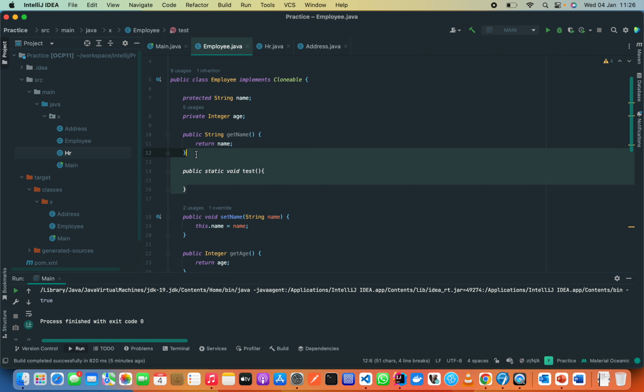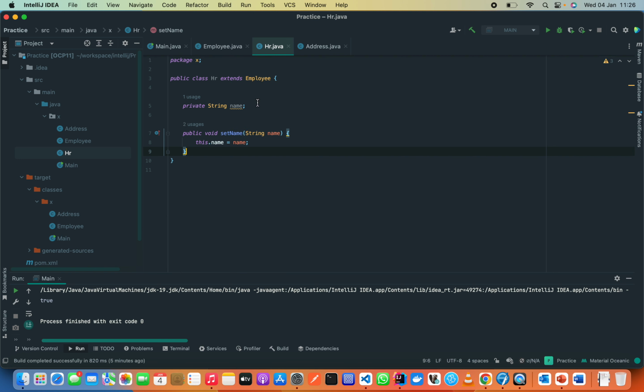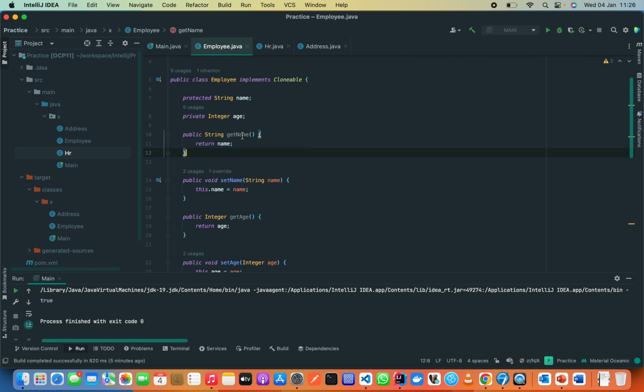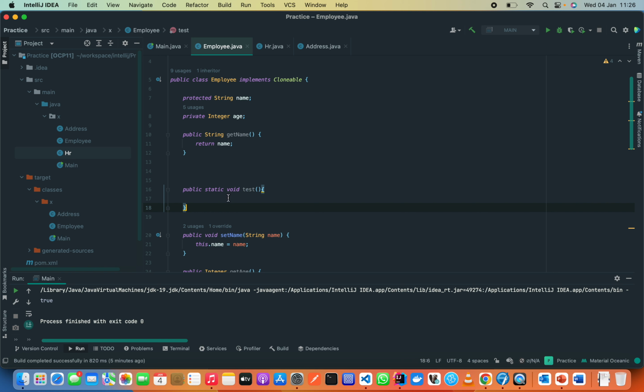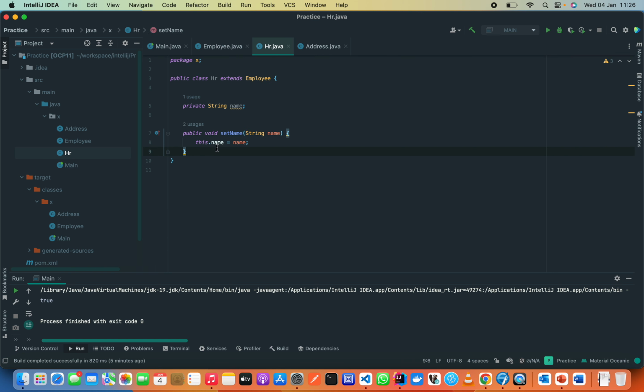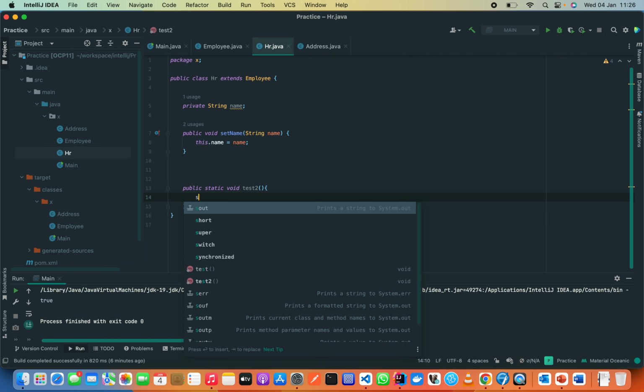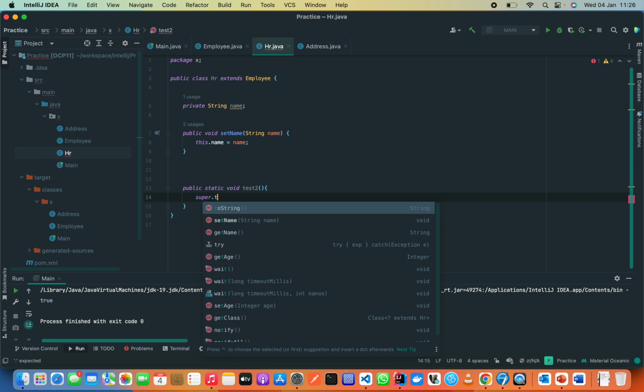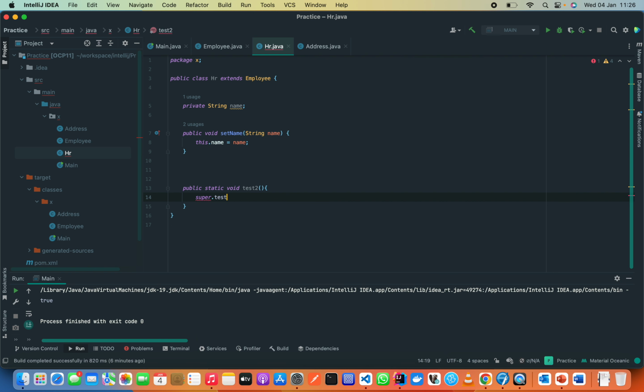So I can just take this to a subclass. Okay, let me just leave it here. And then you have another, maybe test2. We cannot now say super.test, because this super and this, they are only available in the context of